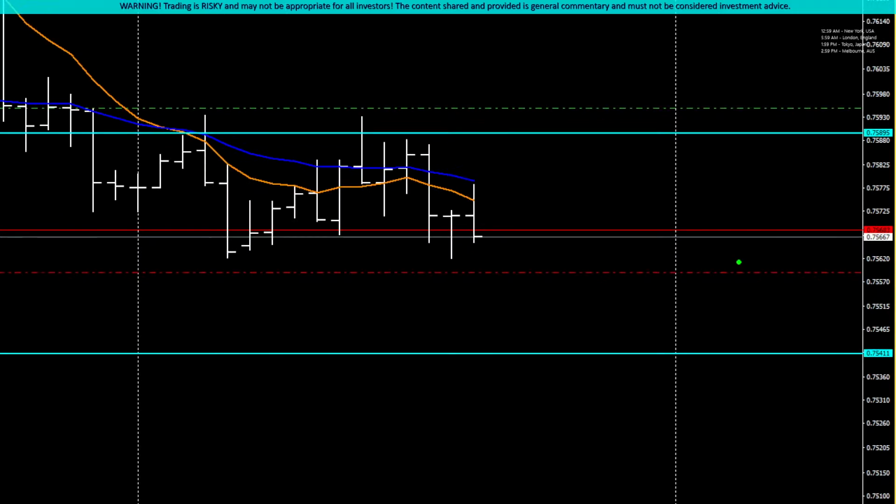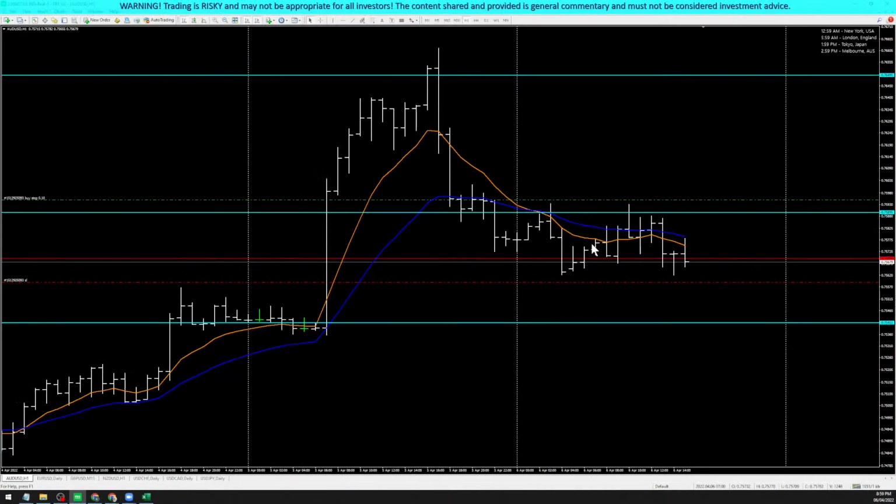Look at this, right? Crossover dun sa una nating bias for a sell, we missed that. Price went back up to test that level. It went back down. Can we still go for it?